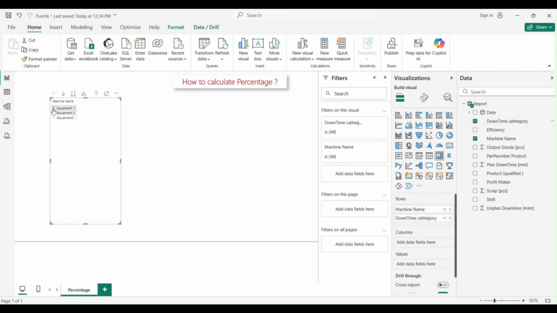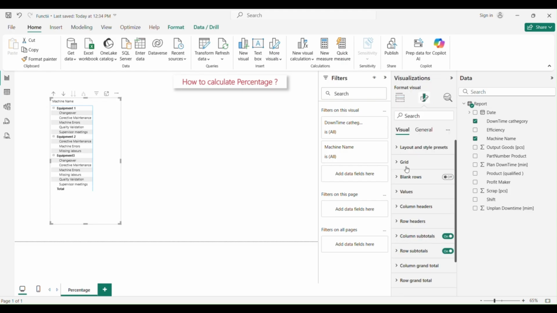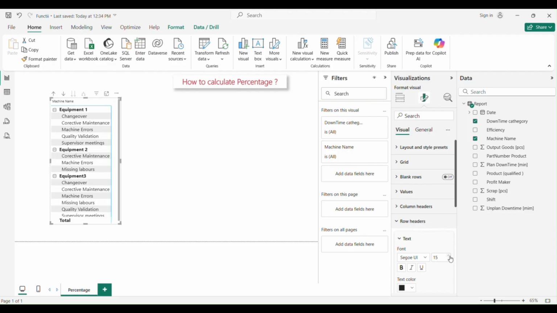If we expand here, we can see each equipment and each category of downtime. Just to increase the font size, let's do it like that. Row headers.